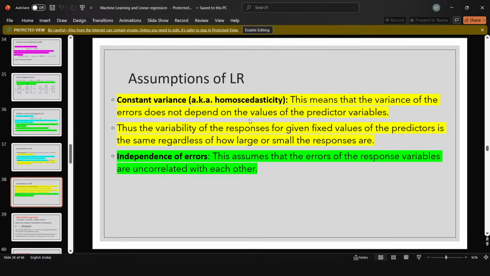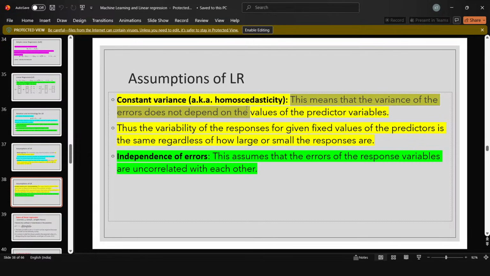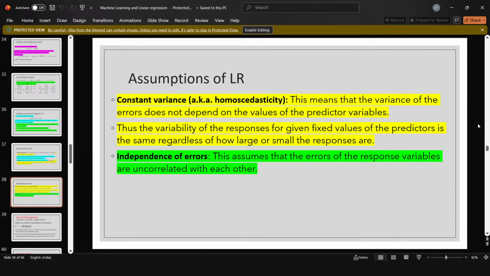Next assumption is homoscedasticity. As you know, this question has occurred in the previous year question papers many times, so it's very important you know the meaning of it. This means that the variance of the errors does not depend on the values of the predictor variables. Thus, the variability of responses for given fixed values of the predictors is the same regardless of how large or small the responses are. This means that as the predictor variable x increases, the